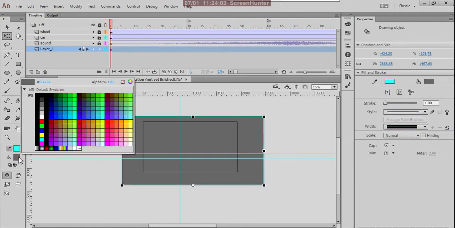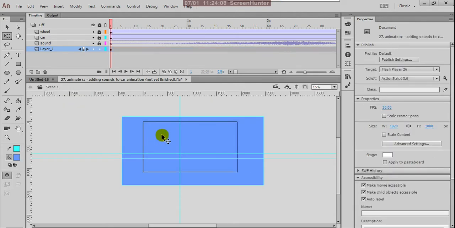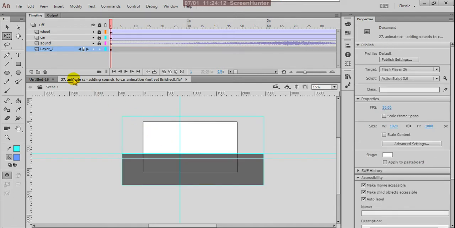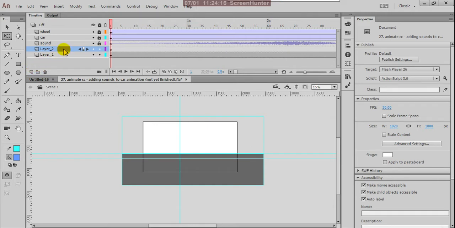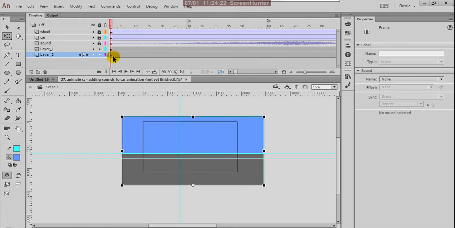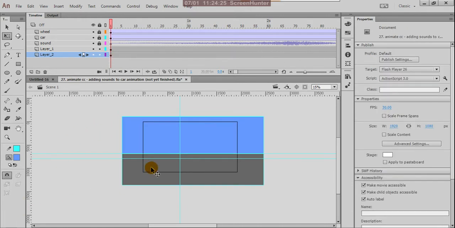Here you can give a different color, and then Control X, and create one more layer here, drag this down, and press Control Shift V. Right, here it is divided.